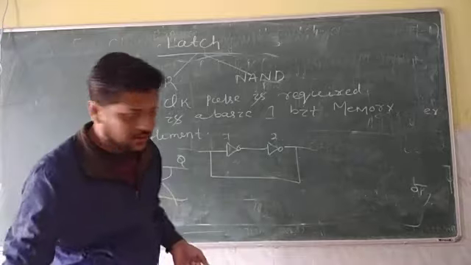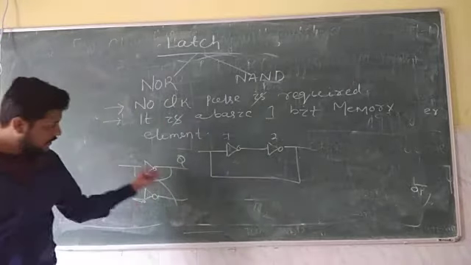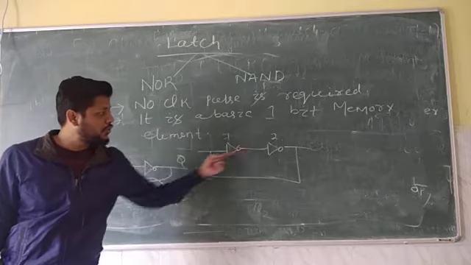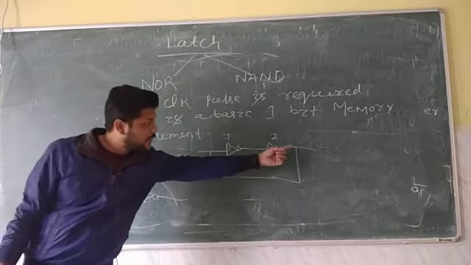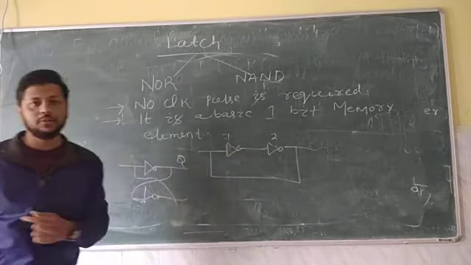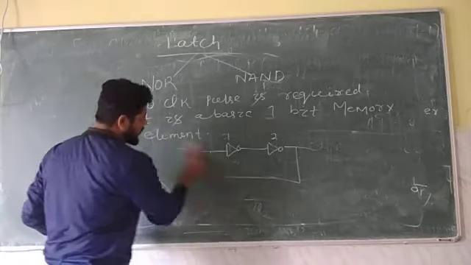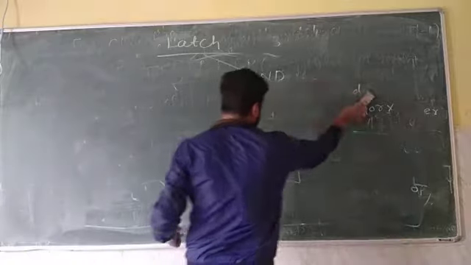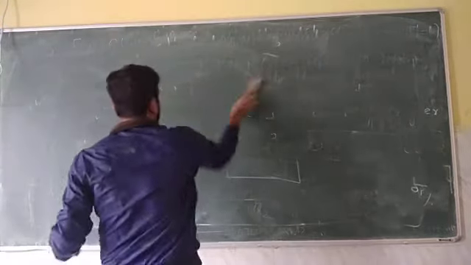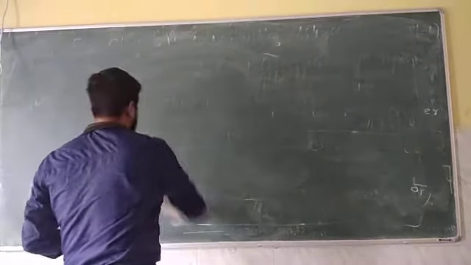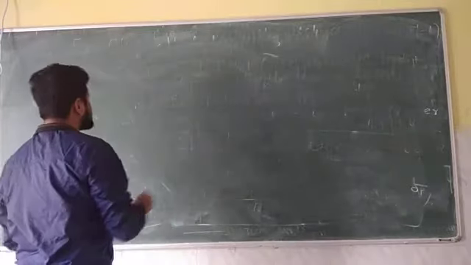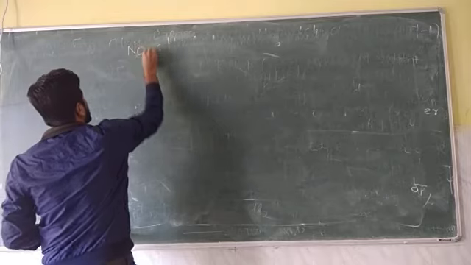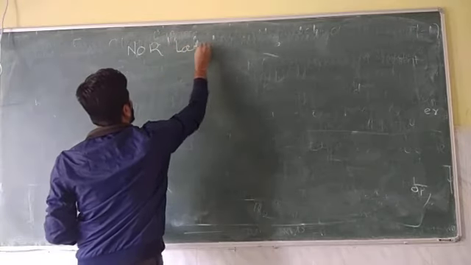So let me design this latch using this cross coupled connection, which is nothing but two NOT gates connected in cascade with a feedback from the output connected to the input. This is also known as the cross coupled gate. Kindly pay attention to this circuit. In order to have command over sequential circuits, you must understand what a latch is. I am going to construct this latch by using NOR gate, the NOR latch.